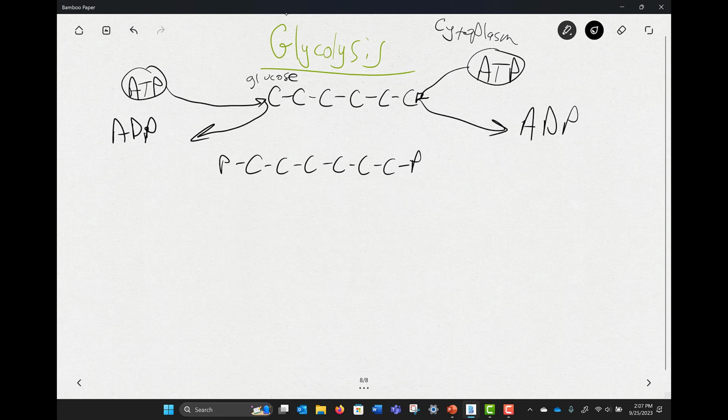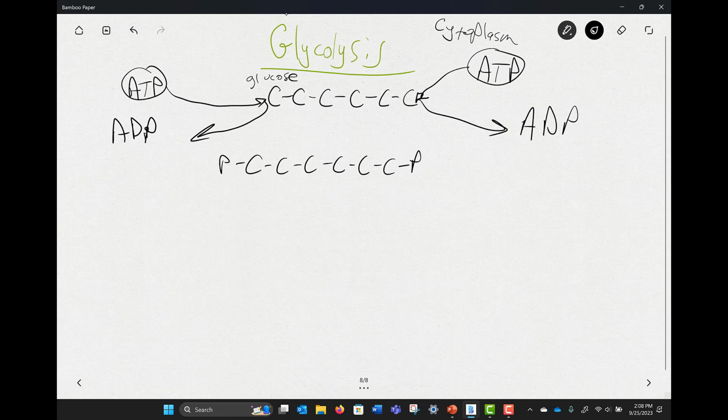So that is substrate level phosphorylation. Now, we do not need to know the name of that big, long 6-carbon 2-phosphate molecule. It is called fructose 1,6-bisphosphate. You do not need to know that. There are going to be a lot of terms here. I will tell you which ones you need to know, and I will highlight the ones that you need to